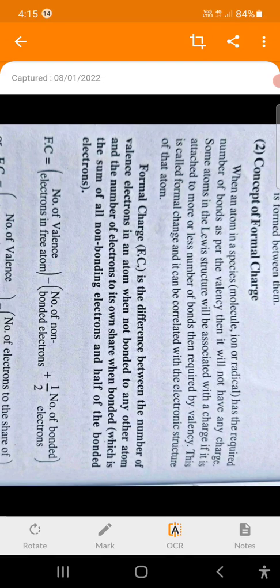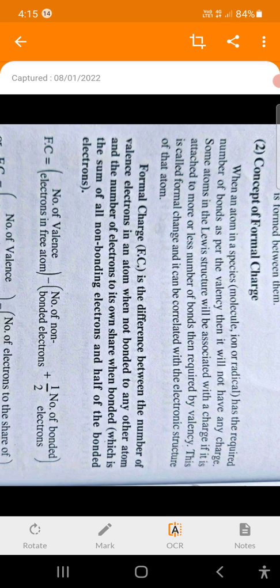We here discuss the second point from the fundamentals of reaction mechanism, that is the concept of formal charge. What is formal charge? We know that a molecule is nothing but a group of atoms, and in molecules some atoms possess a certain charge in some cases. For example, water is H2O. In water, oxygen is bonded with two hydrogens.